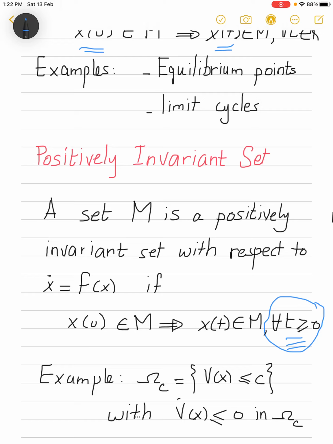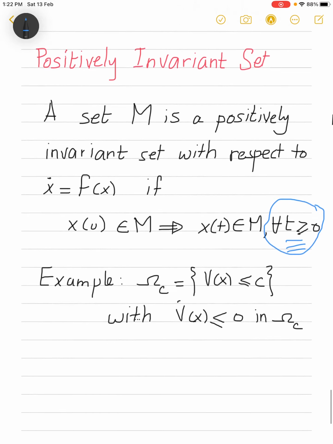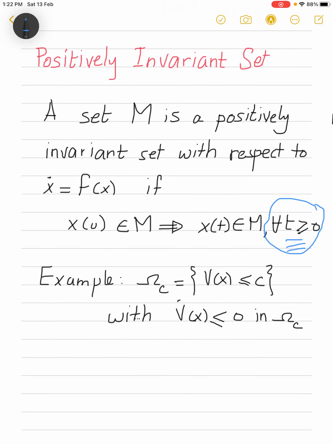An example of a positively invariant set is the set defined by v of x less than some constant c, and v dot less than or equal to 0, a negative semi-definite value for v. So this set will define a positively invariant set, because if the system trajectory enters that set, it will remain